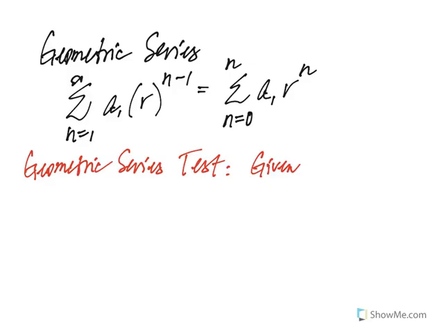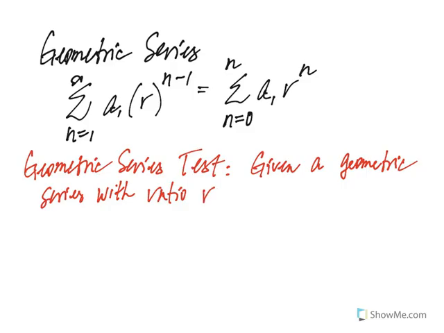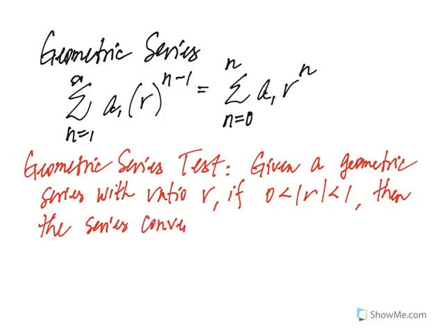And the geometric series test looks something like this: given a geometric series with a ratio of r, if the absolute value of the ratio falls between 0 and 1, the series converges to the sum of,